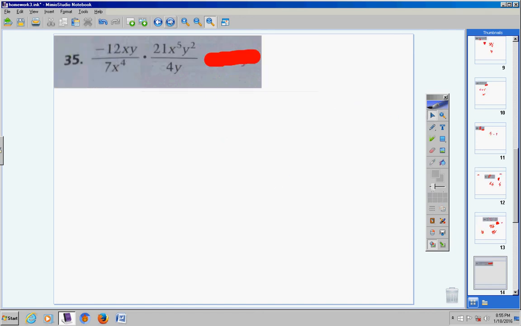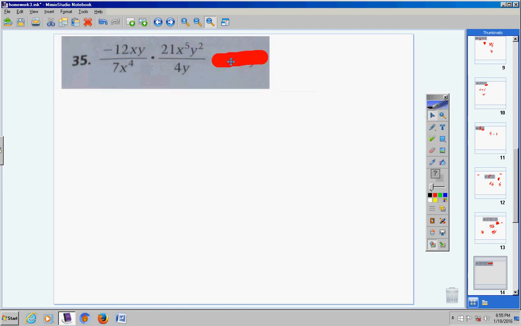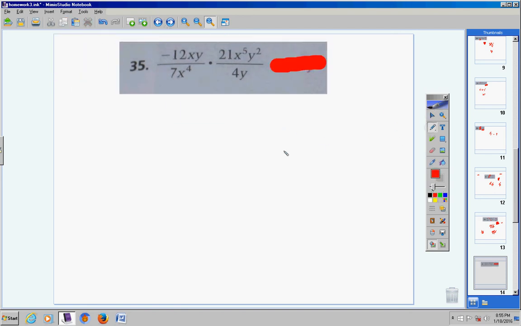Okay, number 35. Same type of problem. Let's see if we can't solve this and make this easy for you, okay? We're going to multiply our two fractions together. We have a negative 12 times a positive 21, alright? So negative 12 times a positive 21 is negative 252. Alright, now